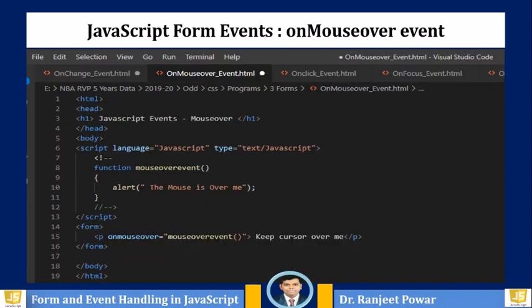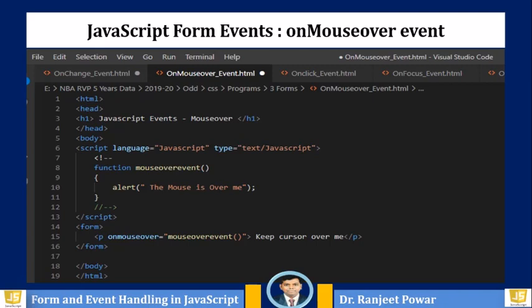The next JavaScript program is for the onMouseOver event. When the cursor of the mouse comes over an element or text in the form, it fires the mouseover event, and this is handled with the onMouseOver event handler. In this example, when text is written on the form and the mouse cursor moves on the text, it displays an alert message.